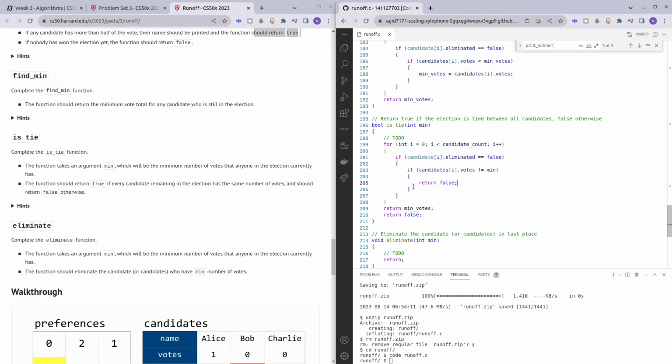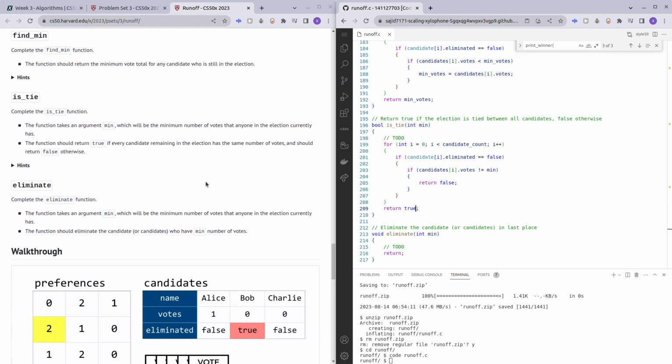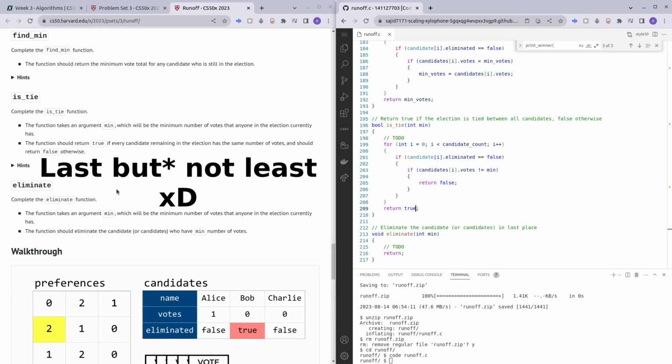But if it successfully goes through the for loop, we know that it hasn't actually entered this if condition, and we know that all of the candidates here are exactly equal to minimum, right? And if they are, we know that it's a tie because all of the candidates have the exact same number of votes. So return true. Alright, so now we are done with the isTie function, and finally, last but not least, we are down to